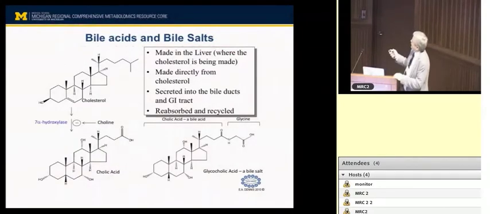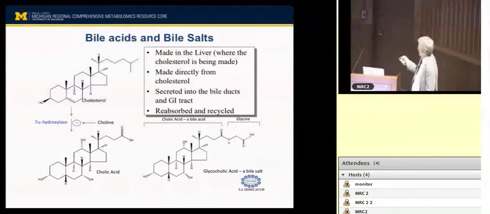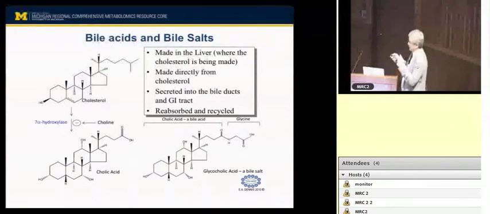Bile acids come from after you form cholesterol. As you know, primary bile acids are formed in the liver, cholic acid and glycocholic acid. These travel into the gut. The bacteria can change these into secondary bile acids, and you can get some insight, as I showed you earlier on, that some of these have biological properties. Some of the secondary bile acids or primary bile acids can cause sporulation, for instance, of